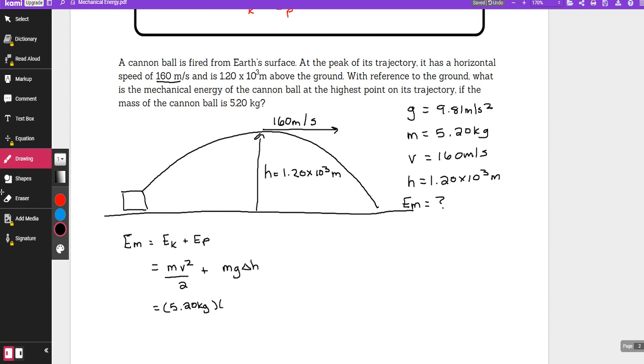Our velocity is 160. And because we're looking at this specific instance of this situation, I don't have to worry about an initial velocity and a final velocity. 2 plus mass, gravity,